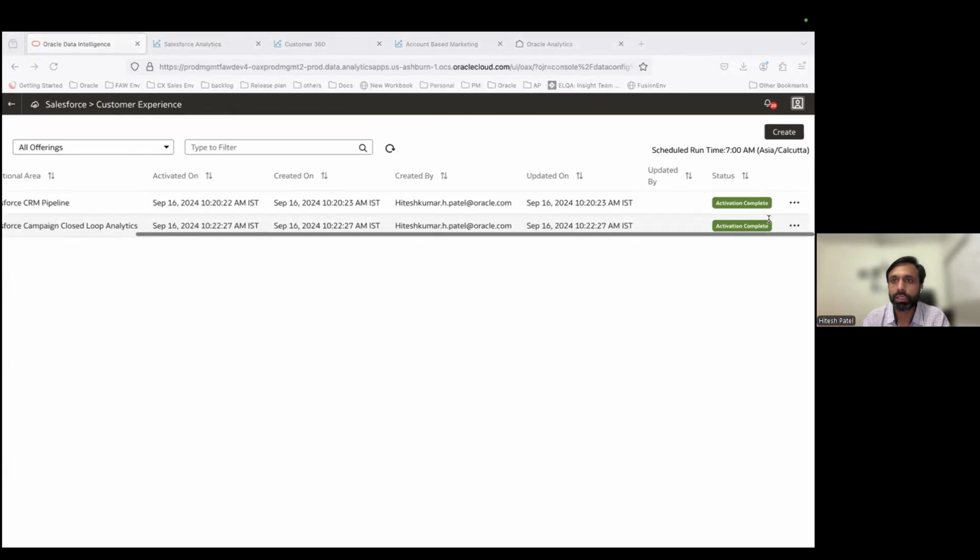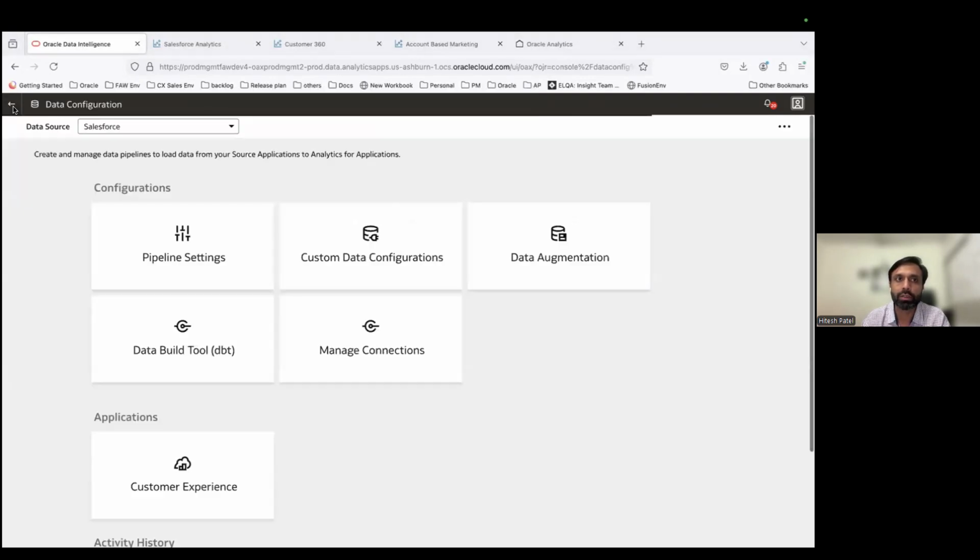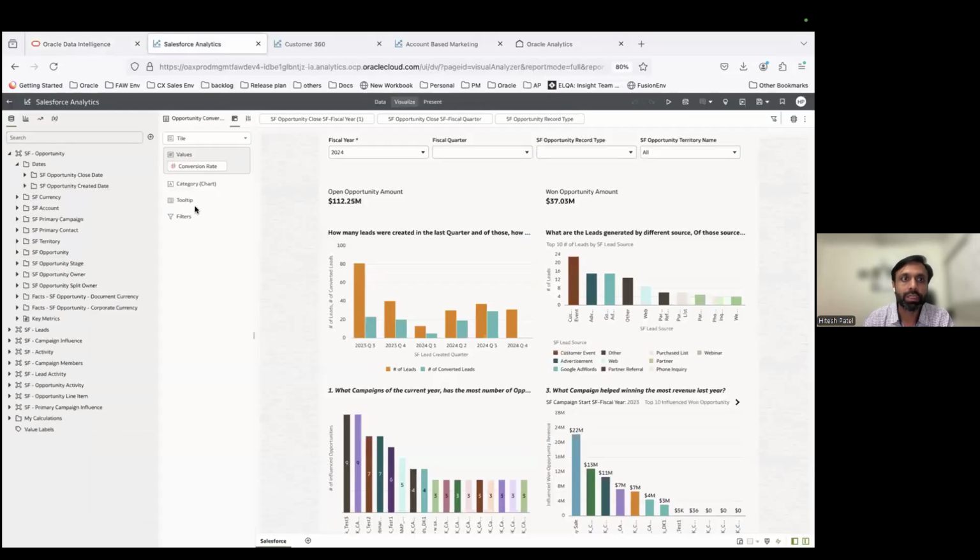You enable it, and once the activation is done, all of your Salesforce data would be brought into the warehouse, which will be available to you for reporting purposes. Additionally, we have also taken care that if there are one or more optional features enabled on the Salesforce side, for example, territory management or campaign influence that you plan to use in Salesforce, we have a capability where we can expose those dimensions.